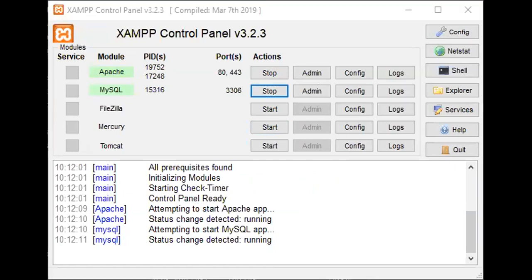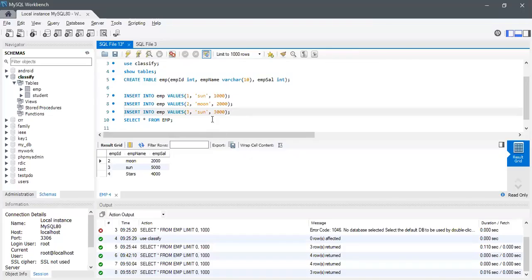Let me show you my MySQL Workbench. This is the database workbench. The tool is always easy if you work on tools. Now it has been started.